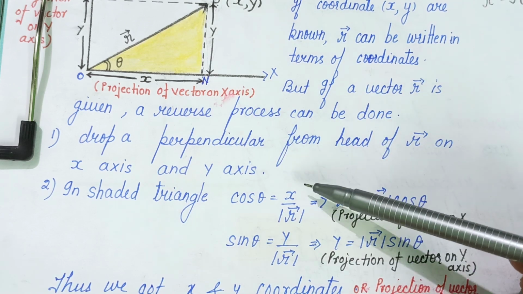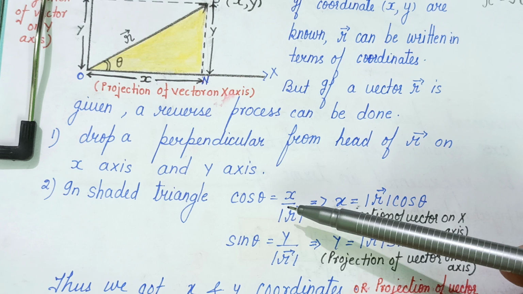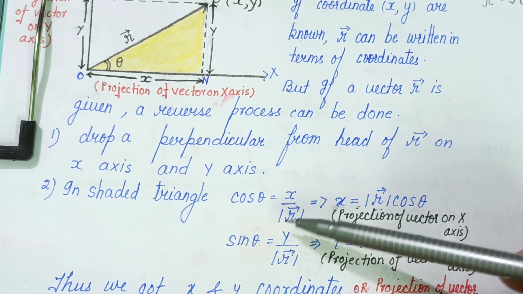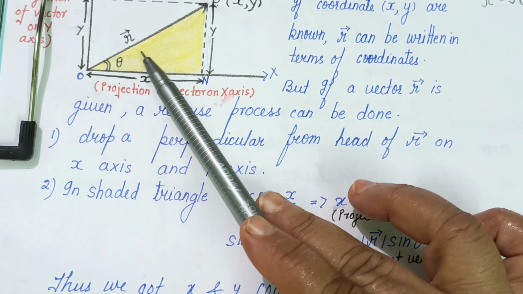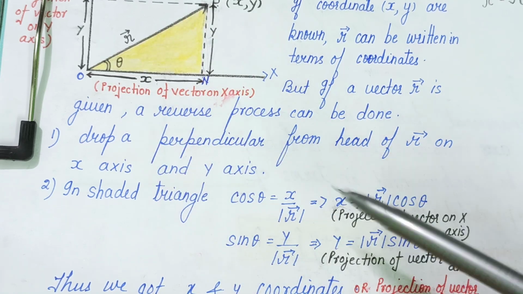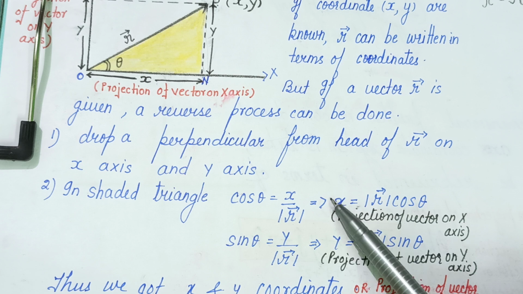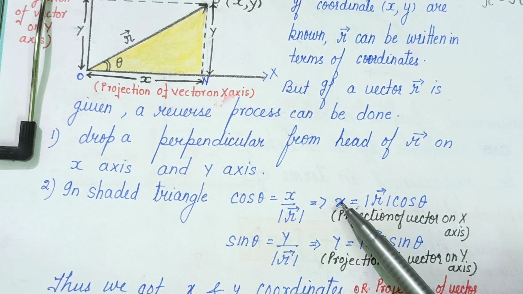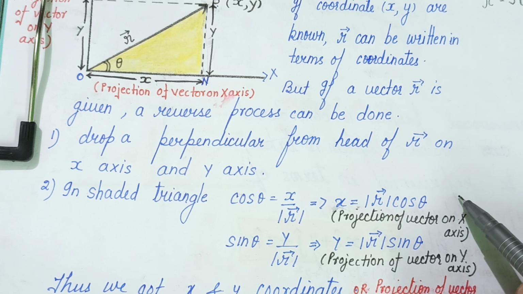That means base is length x and hypotenuse is magnitude of vector r, because magnitude of vector r is represented by the length of the vector. So x upon magnitude of vector is cos theta. So the x length, which is known as projection of vector on x-axis, or x component of vector,